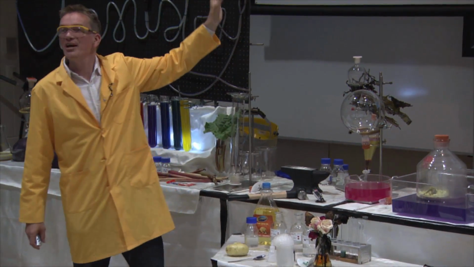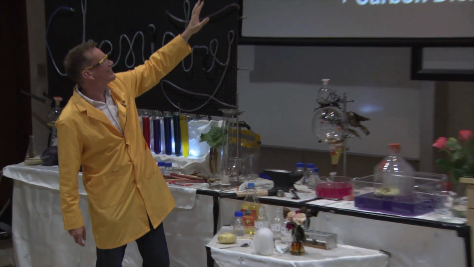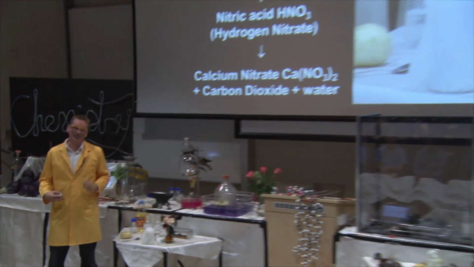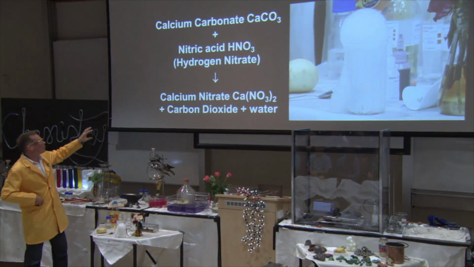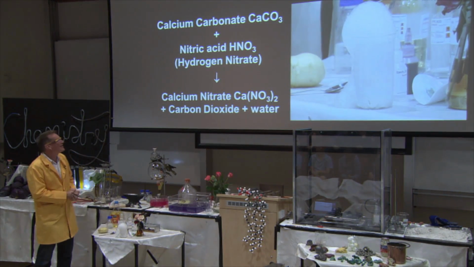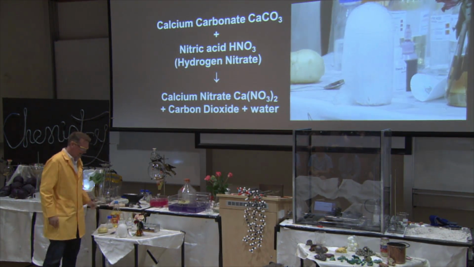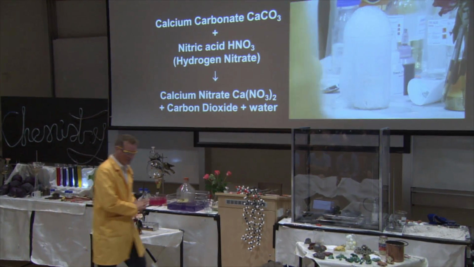So the chemical equation for this reaction taking place here is the calcium carbonate is reacting with this acid, in this case nitric acid, and we're forming calcium nitrate, but the bubbles of carbon dioxide we can see here oozing over the top. Never mind, we'll just leave that bubbling away, I think.